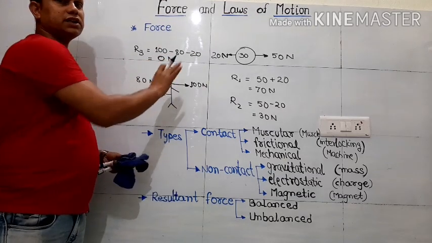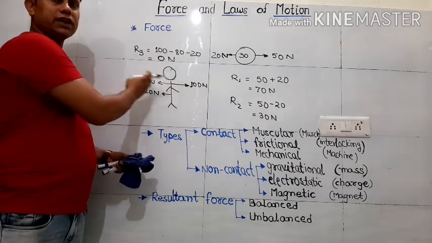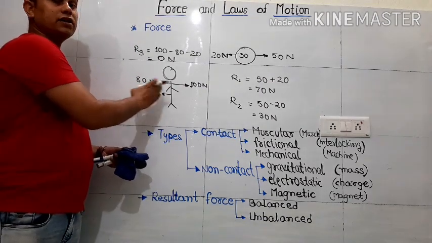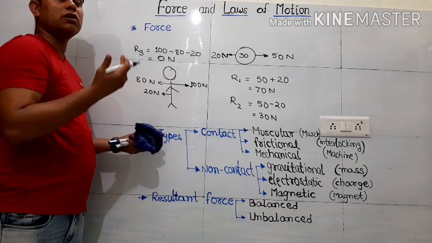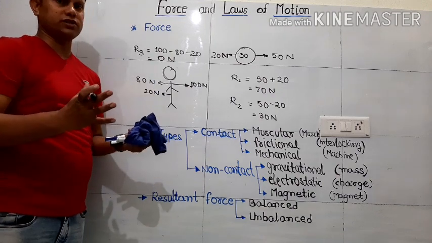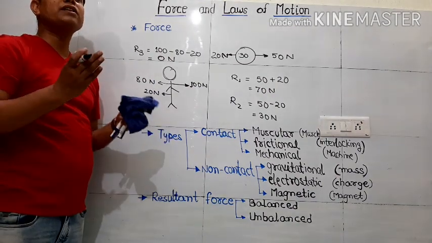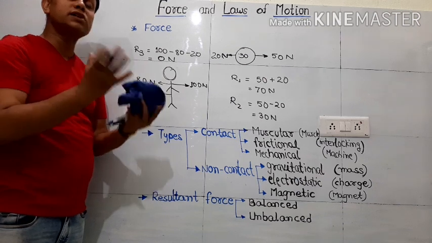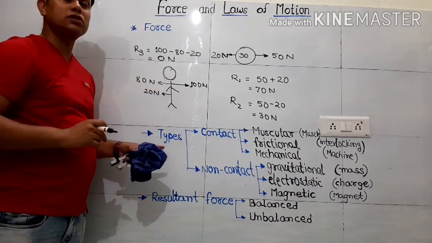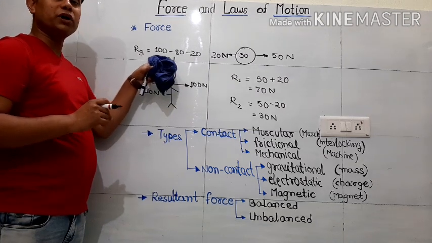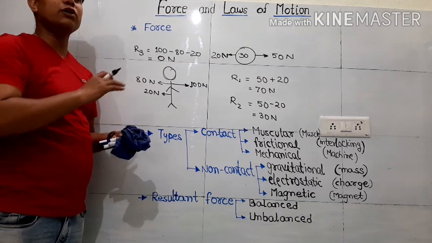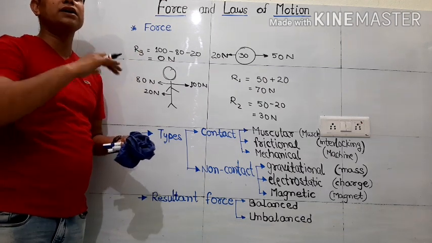Now how come 100 minus 80 minus 20? Because suppose this side is taken positive, then all the forces which are acting opposite to it will be taken negative. So now minus 80 minus 20. Finally 100 minus 100, what will come? 0 Newton. So whenever we observe that there are so many forces, but by their magnitude they are being applied in such a way that they are cancelling each other and finally the value is coming 0 Newton, this is the resultant force, no doubt, but this is the situation of balanced resultant force. It means the forces have been balanced by each other.